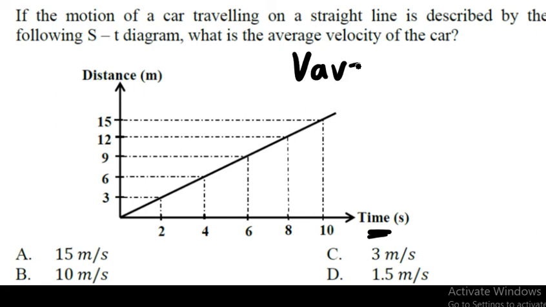Average velocity means change in displacement over change in time. That means, for example, consider this point and the origin here. It's like the gradient. We can calculate the gradient, or the slope, of this line segment. This is a line segment of the motion. So if you consider these two points, this point is vertically